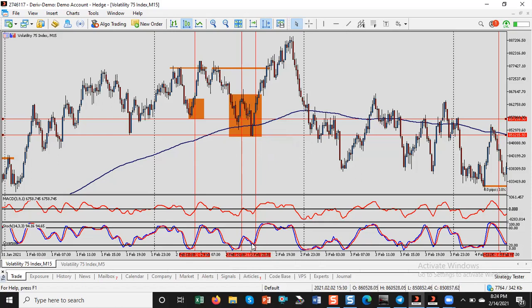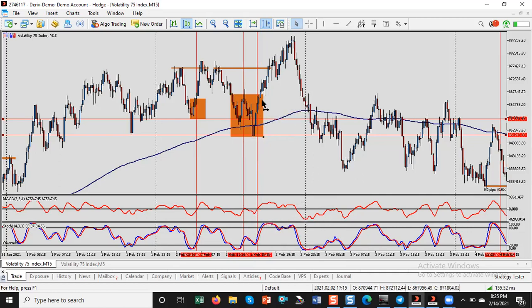So this is a divergence. The indicator is giving us a higher high and a higher low, but here the price is giving us a lower low and a lower high. So this low here is lower, and this one is lower while here is higher, creating a divergence. So at this point, when the MACD signal line breaks the zero line, you can take